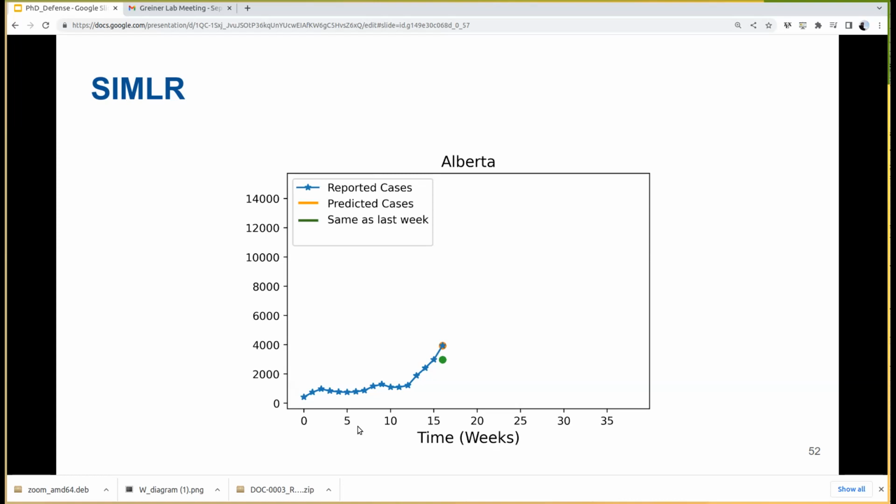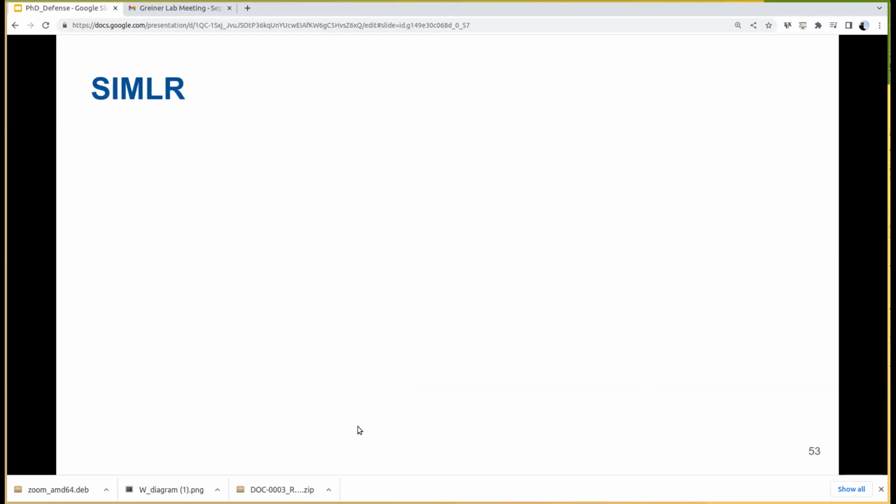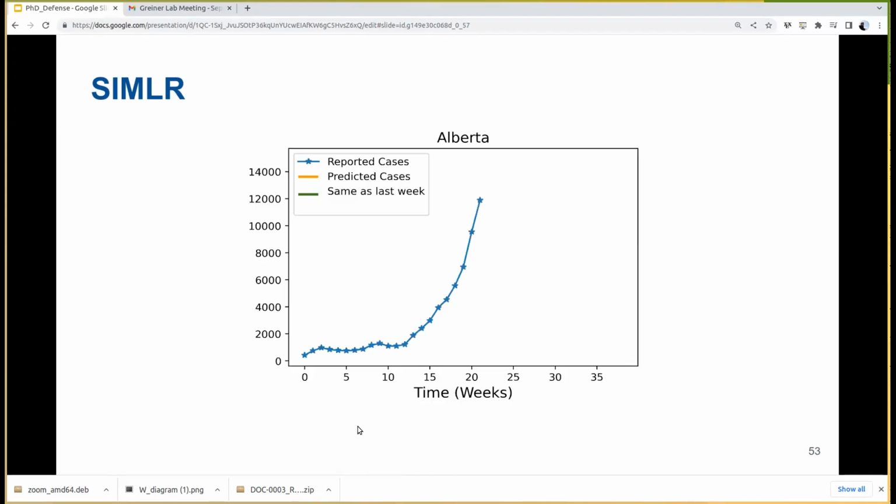Now, let's look at a different example. Now we are on week 23, well, 22. We repeat the same experiment. We can either predict that the next week is whatever I see in this week, or we can use the SIR model and then make a prediction. And look how this prediction is completely valid, because the trend is going up. So then we have to keep assuming that this will continue going up. But what happened in reality is that the thing went down.